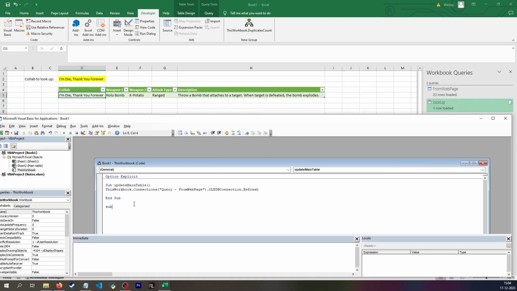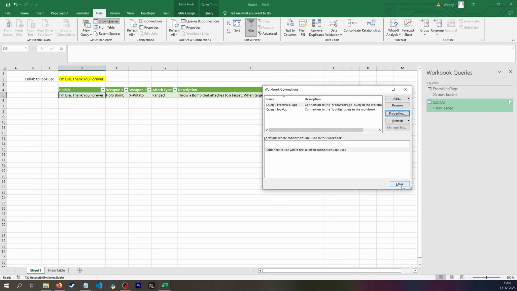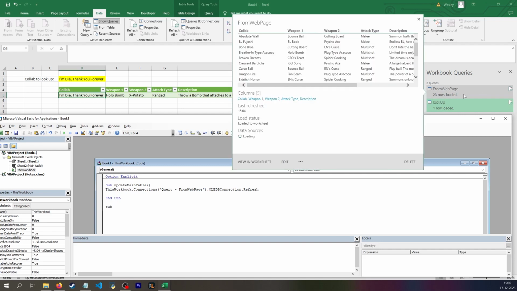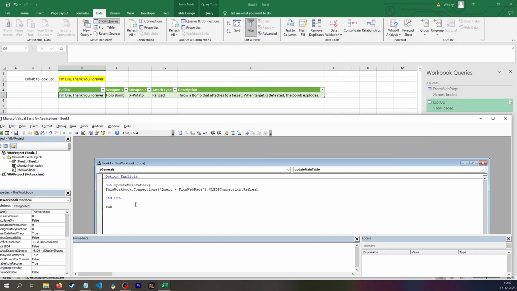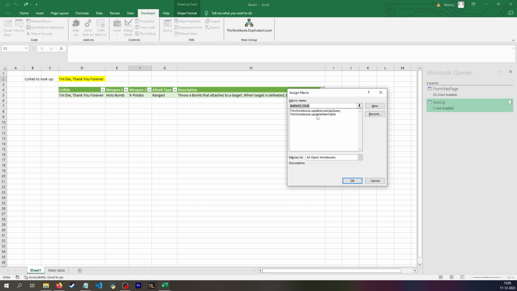If you then use the macros, you don't actually need to go into the connections and disable this connection on refresh all, because if you're updating with macros, then you can specify that you only want to update this one specific table. But it's nice to be redundant. In this case, I want to only update the lookup query. And likewise, you start out with this workbook connections, and again, query space dash space, and then the name. And again, if I hit F5, you'll see this update, and then I can add them as buttons. So do lookup,